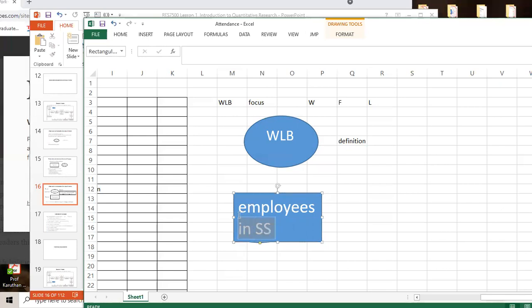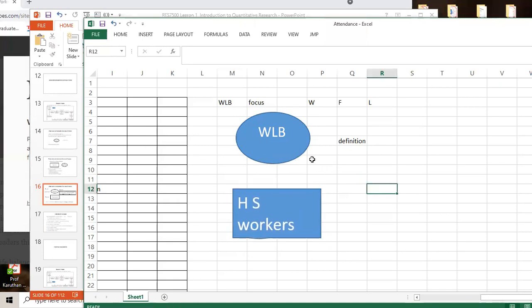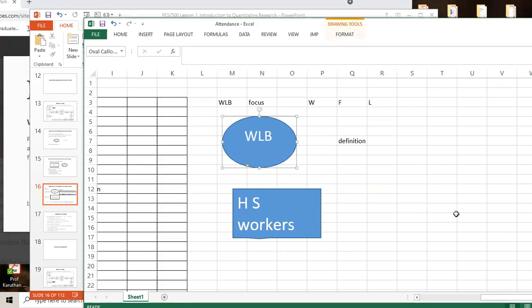Yes, Prof. So yours can be heritage site workers, right? Work-life balance in this group of people. So it can be anything. This can be applied in so many areas. So with these two now, your title becomes clearer.